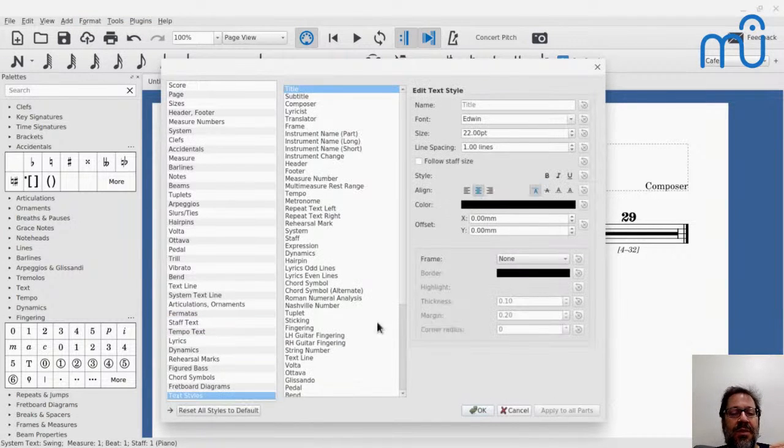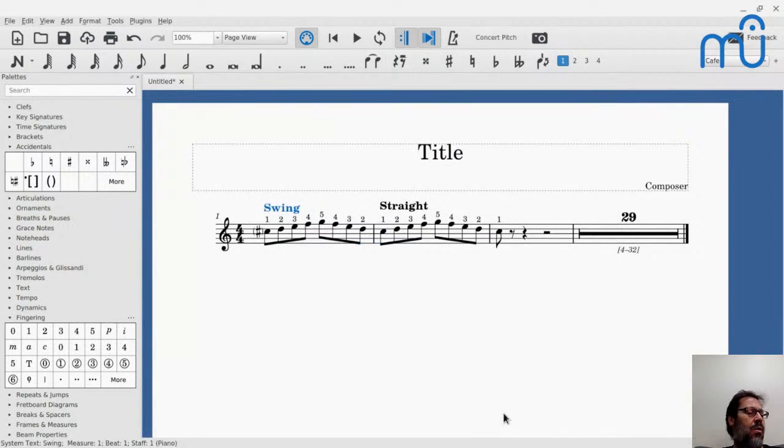But most of the text style settings are here under text styles, and you'll see here staff text, and this controls the point size, the line spacing, the alignment, all these other things. So that's my answer. It's the most logical order that we could come up with, and we're constantly tweaking it,